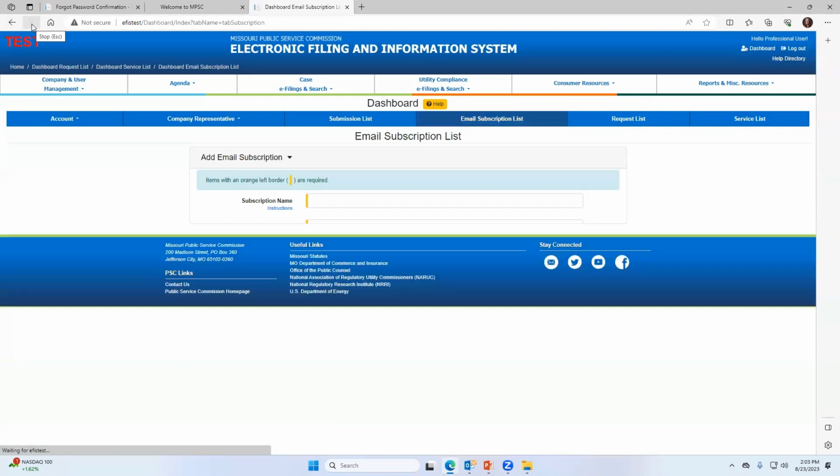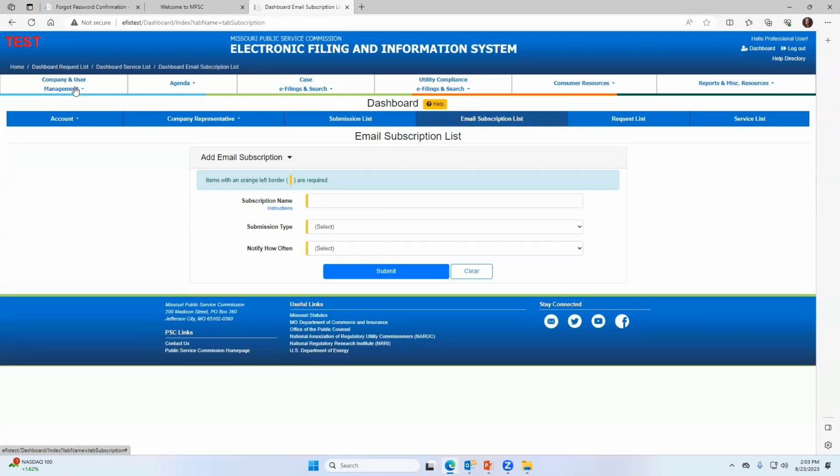So a lot of navigation tools that we've added to this new system to hopefully help with being able to navigate our system a little bit easier. So breadcrumbs here at the top on the left-hand side. That is the ability to go back up to the third previous page that I've been on. All right, so let's